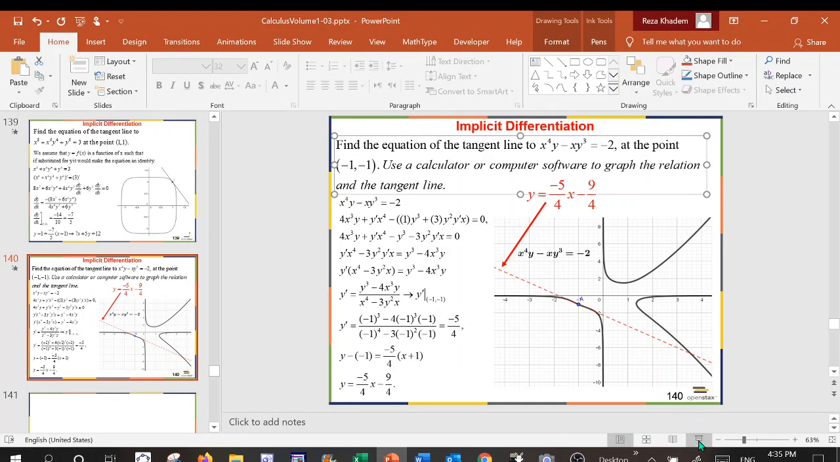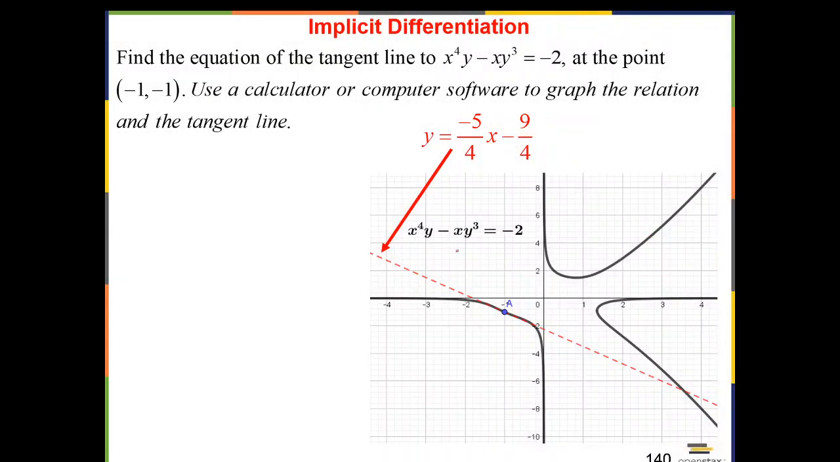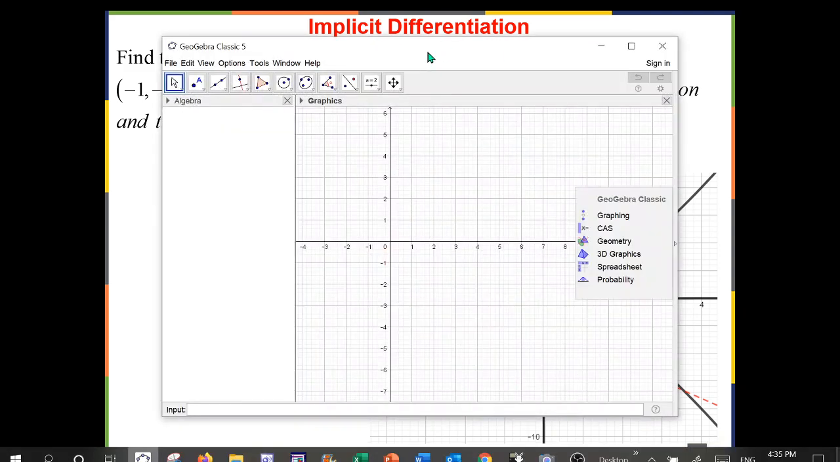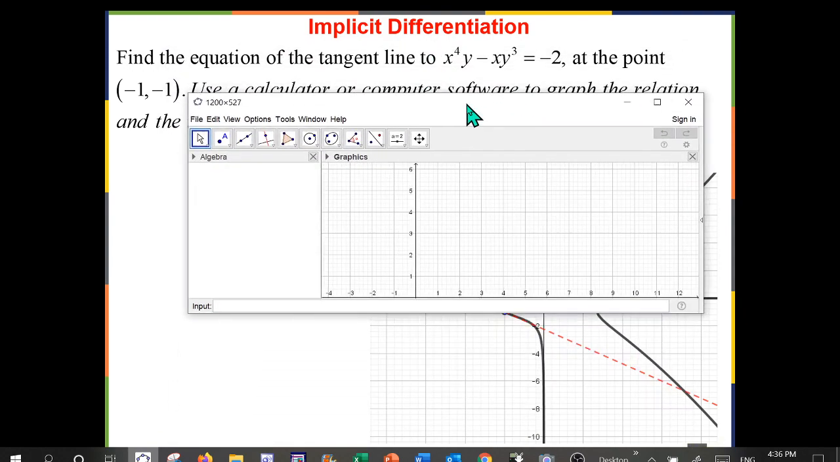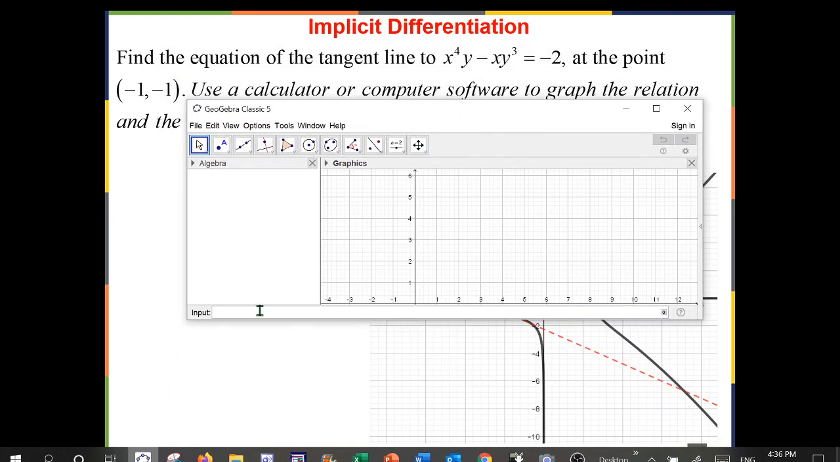And the tangent line to it. Okay, there you go. So now you can use GeoGebra to graph these things. So let me show you how quickly, since we are here, and there you go. So I'm just going to put that equation x to the 4th power